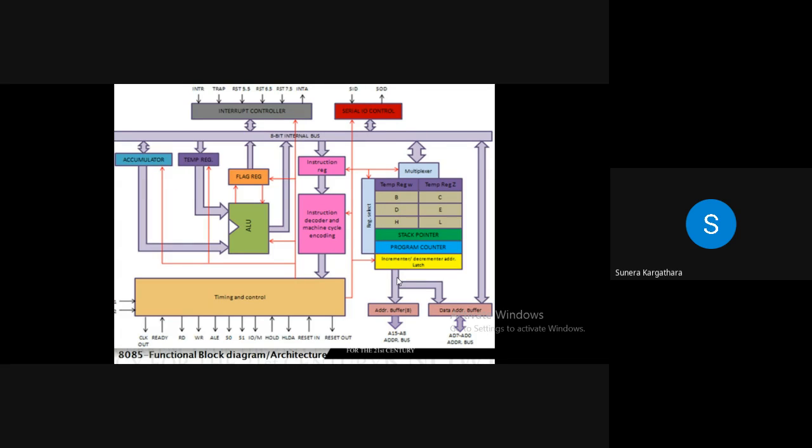Now again, at the very first instance, it looks difficult to understand this microprocessor or to draw this architecture, right? But one by one, once you observe each and every section, you will divide it into certain sections. And if you know the function of each and every section, things will be easy, right? For example, if you observe here the interrupt controller, we know all the pins related to interrupt.